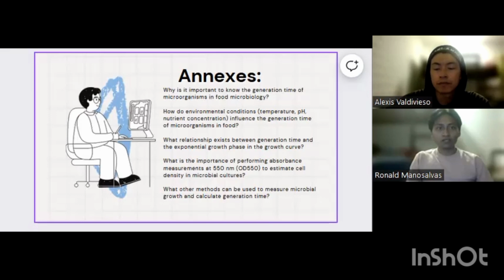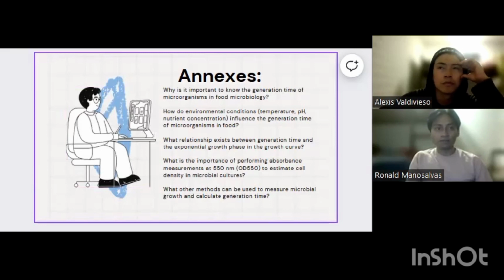During this phase, the population doubles in a specific time, which is the generation time. In other words, the generation time is the time required for a population to double. Okay, the next question is how do environmental conditions, such as temperature, pH, and nutrient concentrations, influence the generation time of microbiology